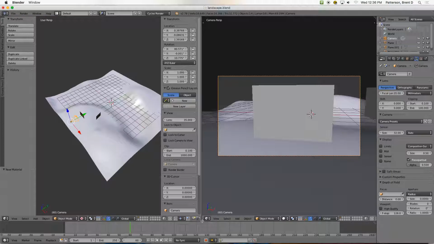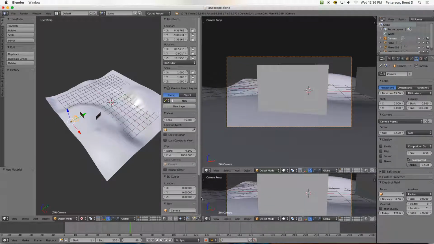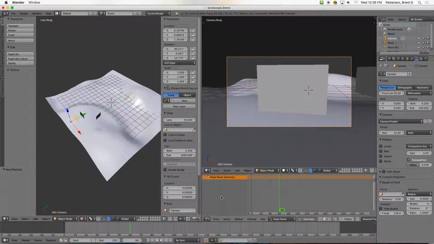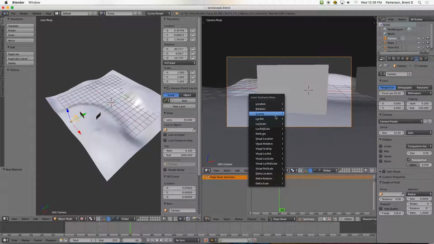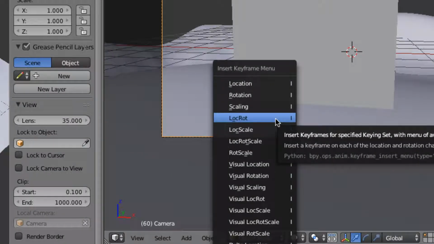And when you're creating any type of animation, it's a good idea to open up the dope sheet so you can start to see your keyframe. So I opened up a new panel here, and I opened up the dope sheet. So I'm going to hit I and choose Loc Rot, which means create a new keyframe for the location and